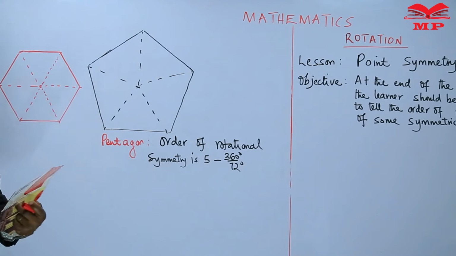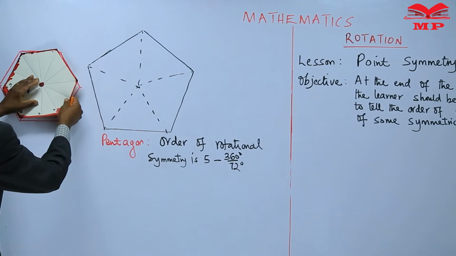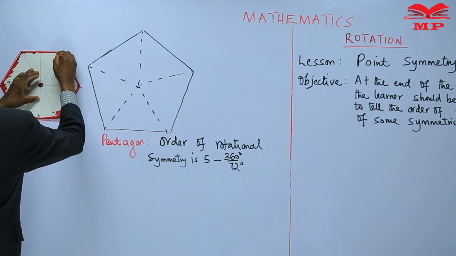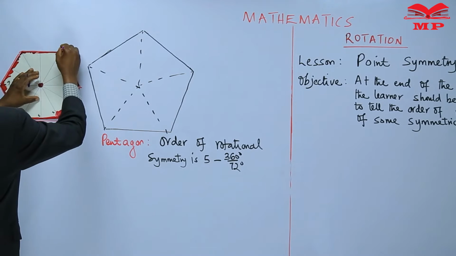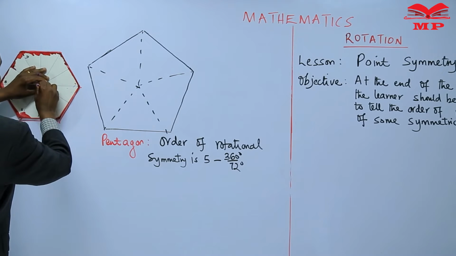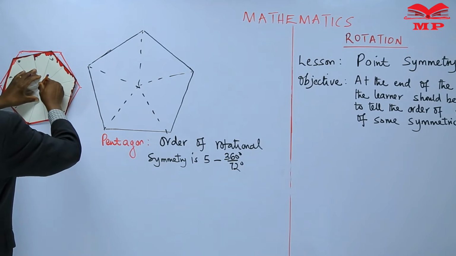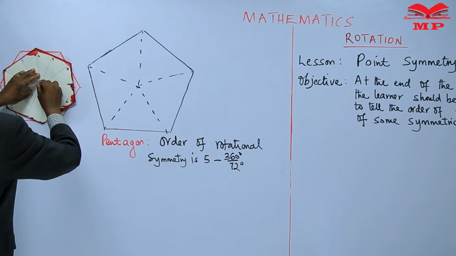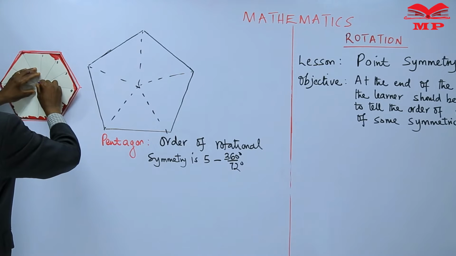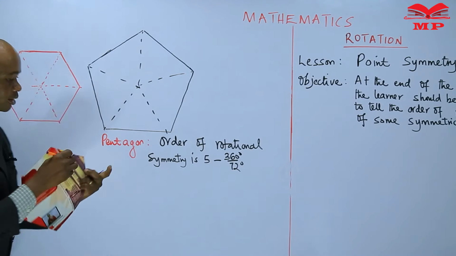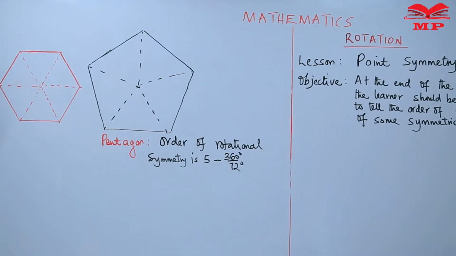So if I have my center and I rotate, I'll have point 1. You'll come how many times before that point returns there? So that's 1. It has fitted onto itself. 2. It fits onto itself. 3. It fits onto itself. 4, 5, and 6. So our hexagon